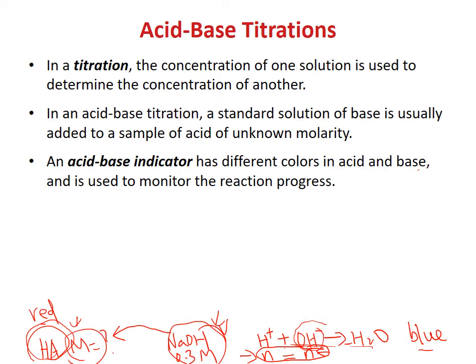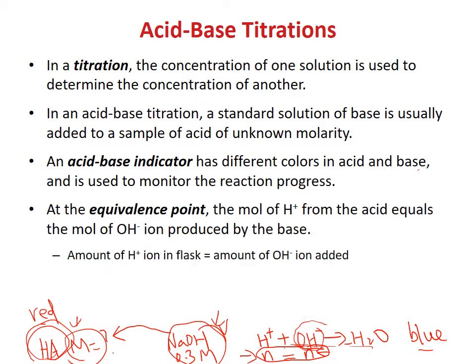Okay, and so this indicator has different colors in acid and base and is used to monitor the reaction progress. The equivalence point is when the number of moles of the acid and the base are exactly the same. That's the equivalence point: the moles of hydrogen ion from the acid equal the moles of hydroxide produced by the